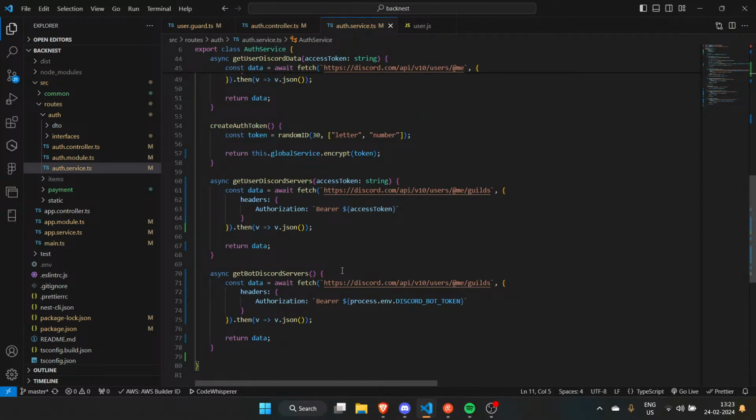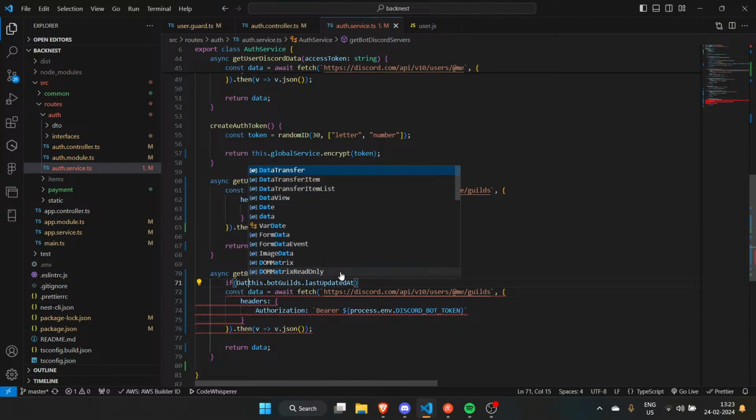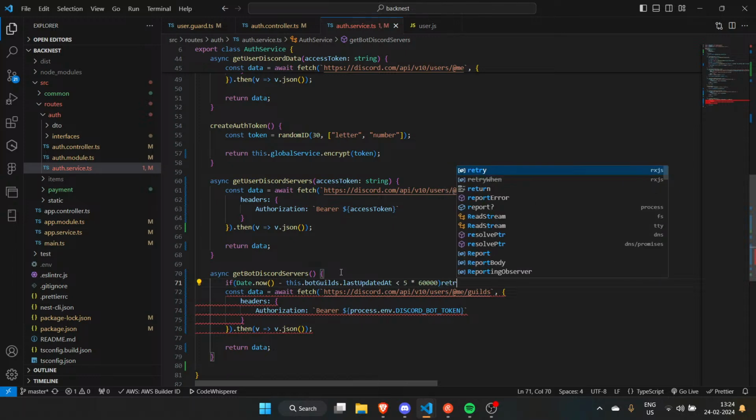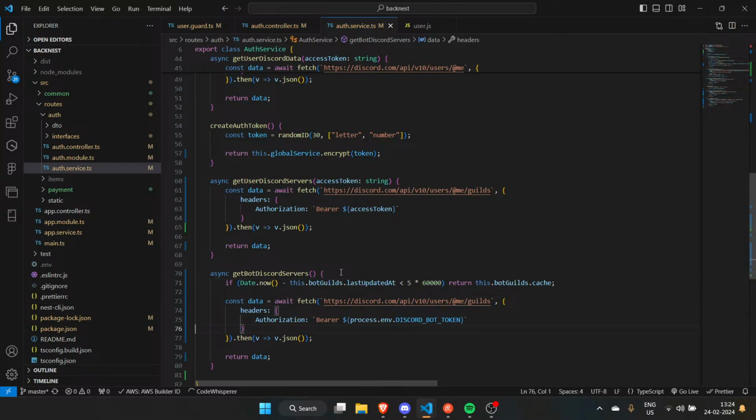Then if Date.now minus this.botGuilds.lastUpdatedAt is less than 60 times 1000 times 5, that's 5 minutes, then just return this.botGuilds.cache. Otherwise we're going to fetch it.